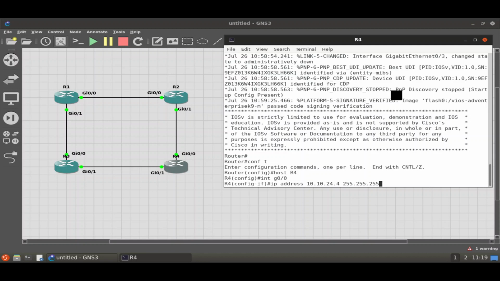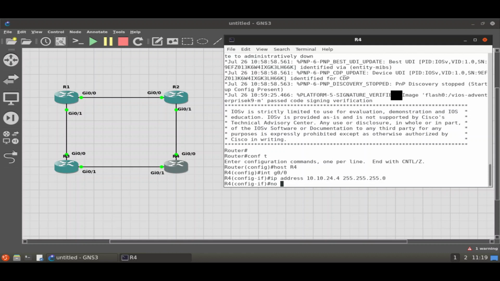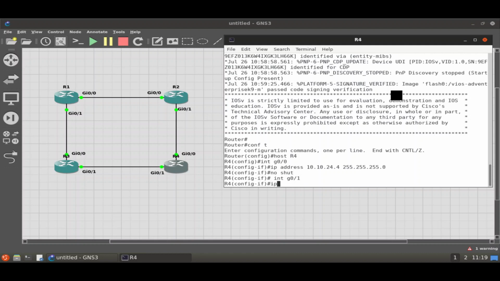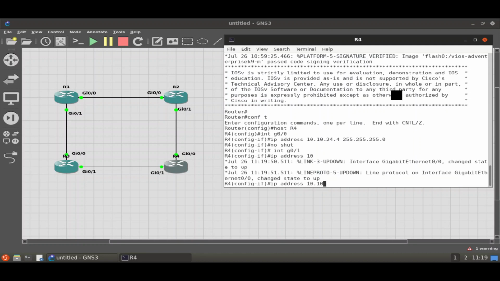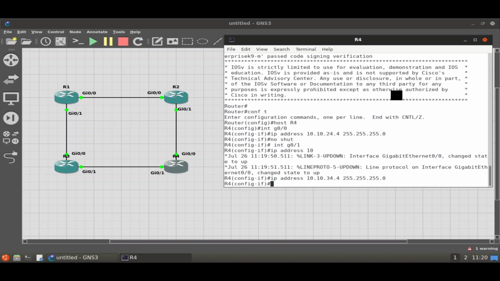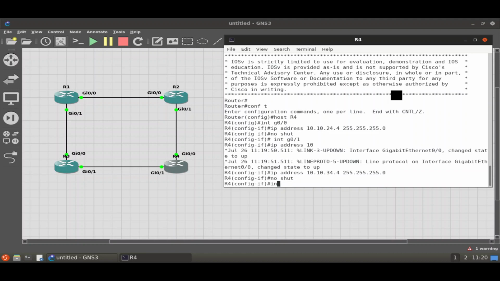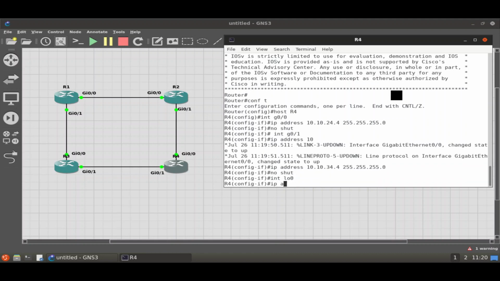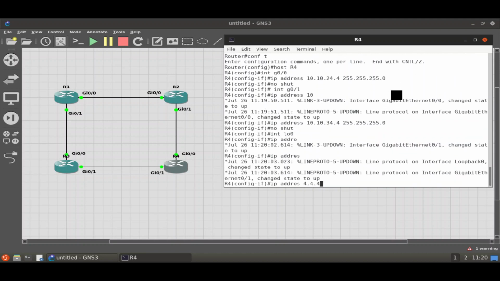10.10.24.4, 255.255.255.0. No shut. Interface G0/1, IP address 10.10. This is between router 3 and 4. 255.255.255.0. No shut this as well. And then interface loopback 0, IP address 4.4.4.4,